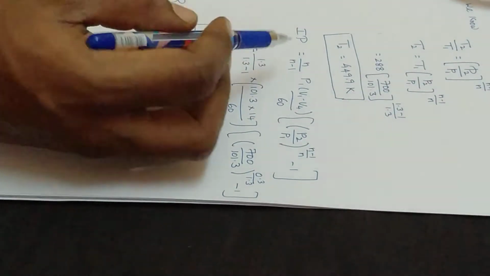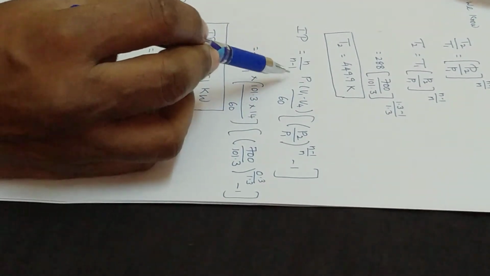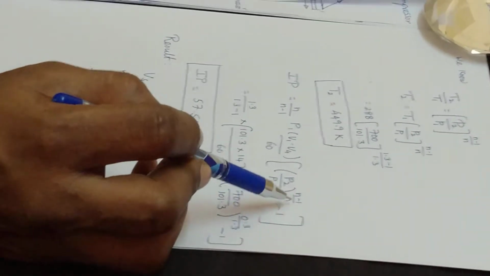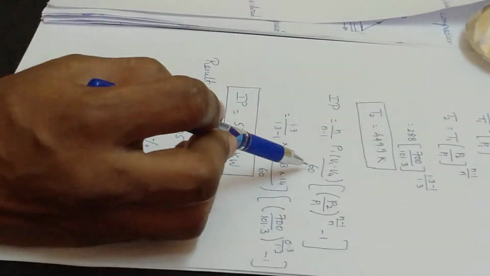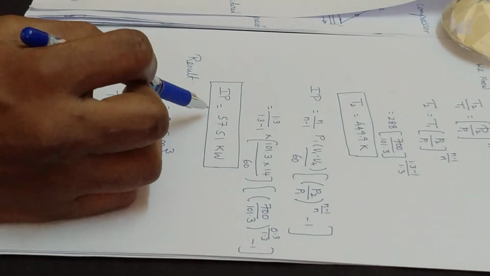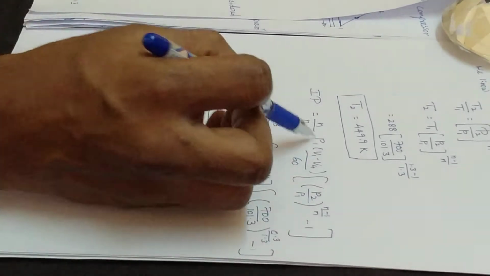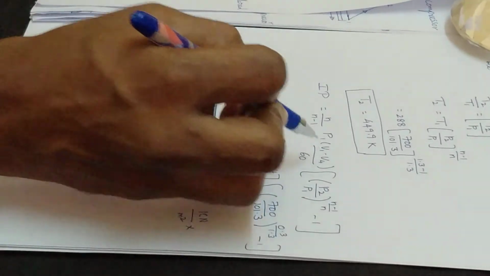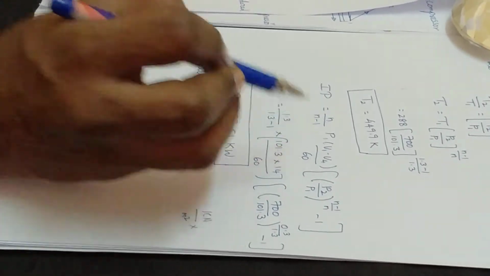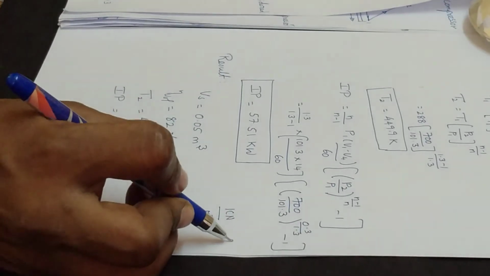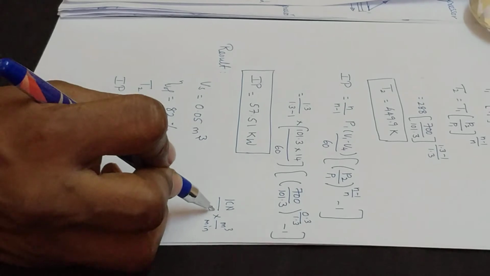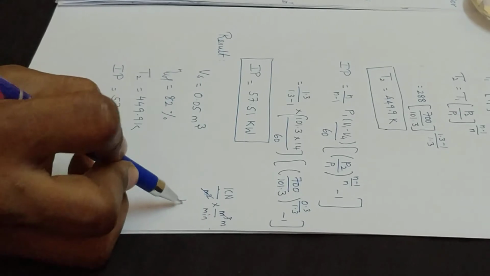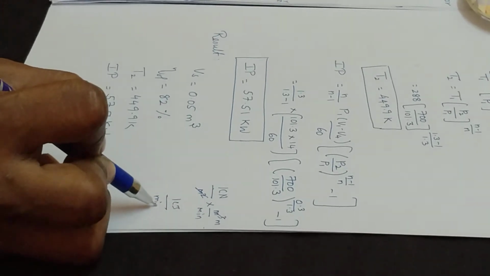Finally, the indicated power formula is n by n minus 1 into P1 into V1 minus V4 by 60 into P2 by P1 power n minus 1 by n, minus 1. Here we divide this by 60. The reason is we want the unit in terms of kilowatts. So we know the pressure unit is always in kilo Newton per meter squared or kilopascal, and V1 minus V4 is nothing but the free air delivered, which is given in the problem in terms of meter cube per minute. So the meter squared gets cancelled, one more meter remains here, kilonewton meter, nothing but kilojoules per minute we get, but